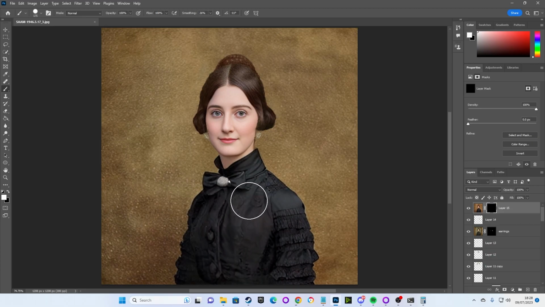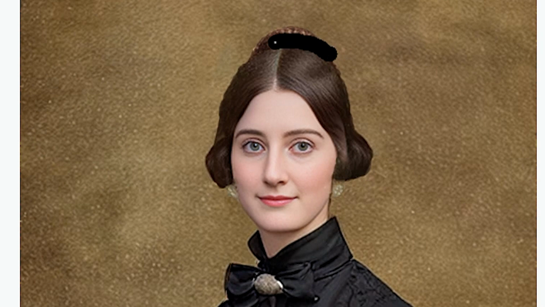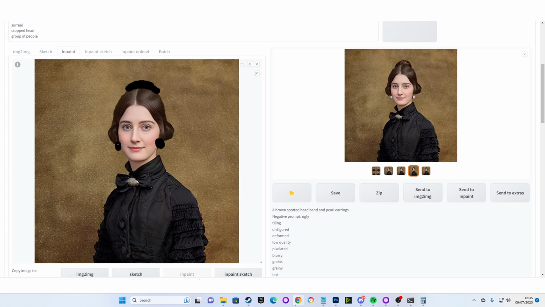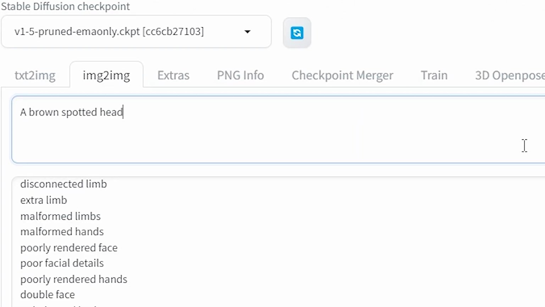Now the only two remaining things I really wanted to change were the headband and the earrings. Thankfully, Stable Diffusion has a feature called InPaint, where you can feed it an image and paint in masking for the parts of the image that you either wish to change or retain. Given that I'm working with only parts of the image and protecting the rest of it, I can massively shorten